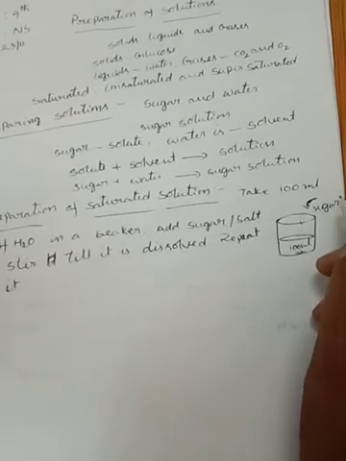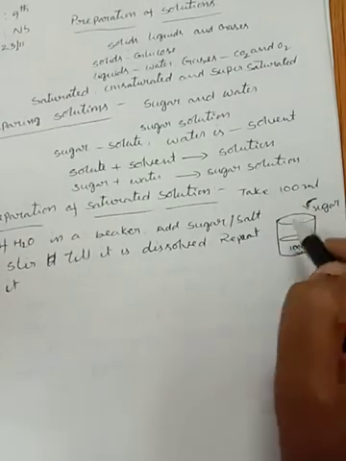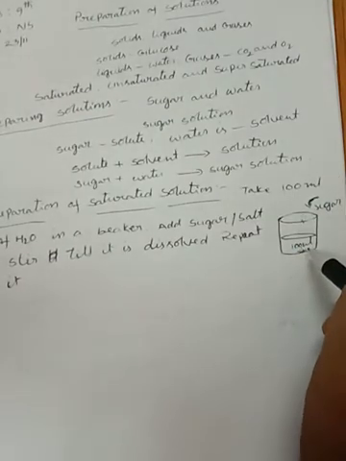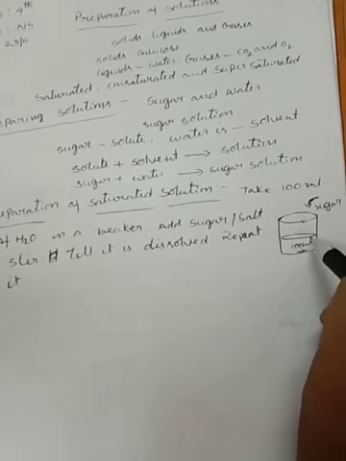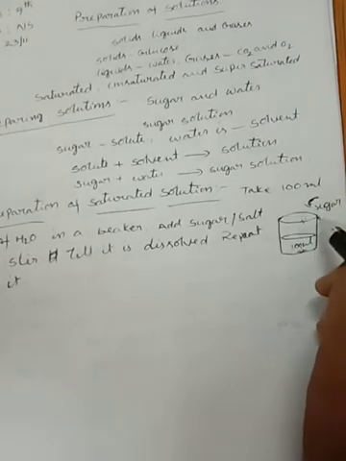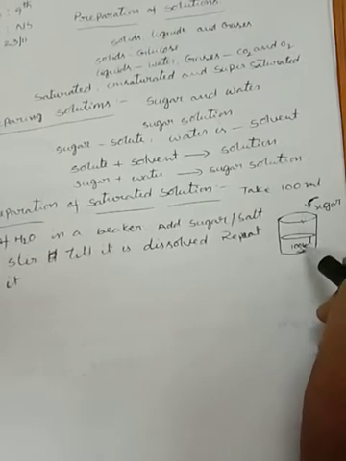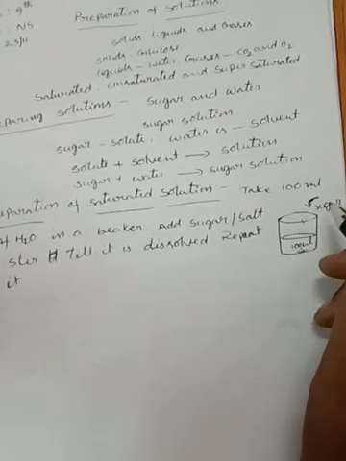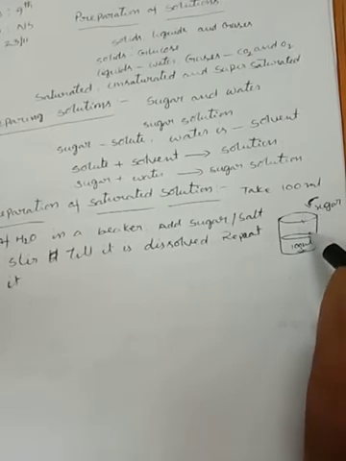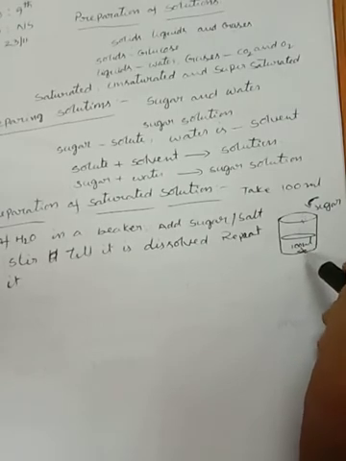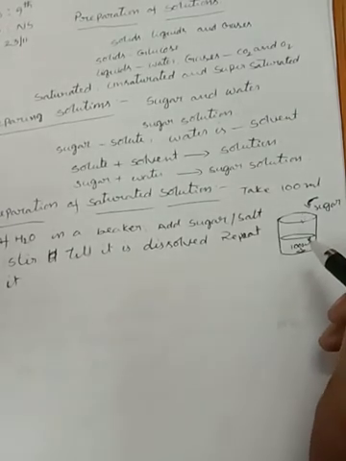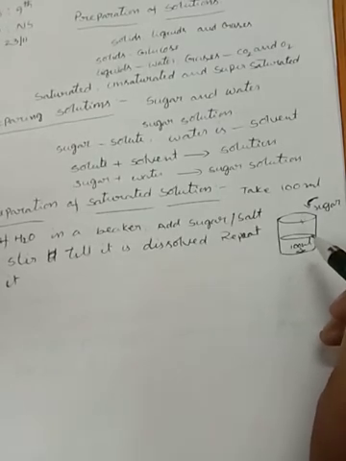Children, do you know how to prepare saturated solution? Take 100 ml of water in a beaker, add sugar or salt and stir until it is dissolved. Repeat the same: add another teaspoon of sugar or salt to this solution and stir it. But this second time, some of the sugar or salt is not dissolved. It settles at the bottom of the beaker. So it is the saturated solution. Okay, children?